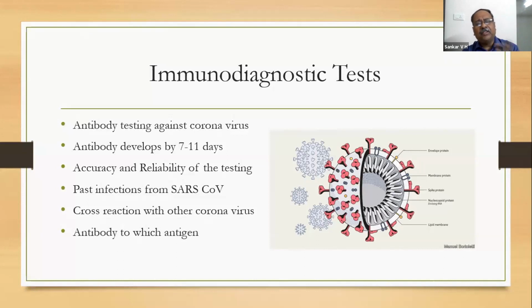So if somebody has got infection with SARS, they may have developed antibody, which is IgG, which may give cross positivity for this. And cross reaction with other coronaviruses is another problem. And antibody to which antigen is better, because there is a spike antigen, an N antigen, an M antigen, so many antigens are there, which is better? But most of the protocols say antibody to spike antigen is the best because it has the highest positivity, which is important for the uptake. So most of the kits have the spike antigen.